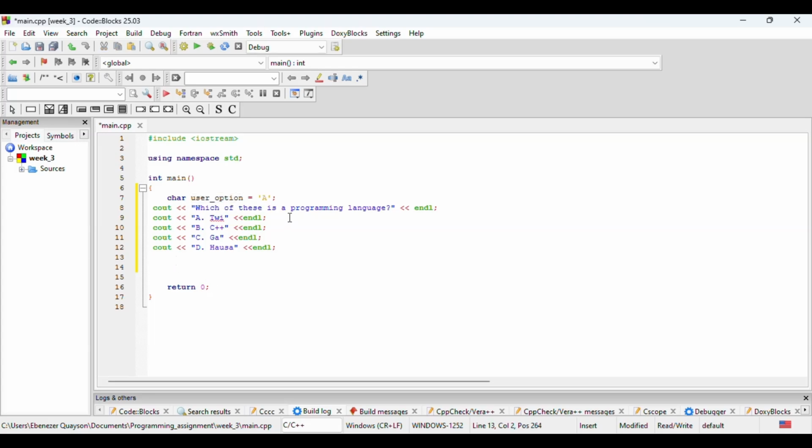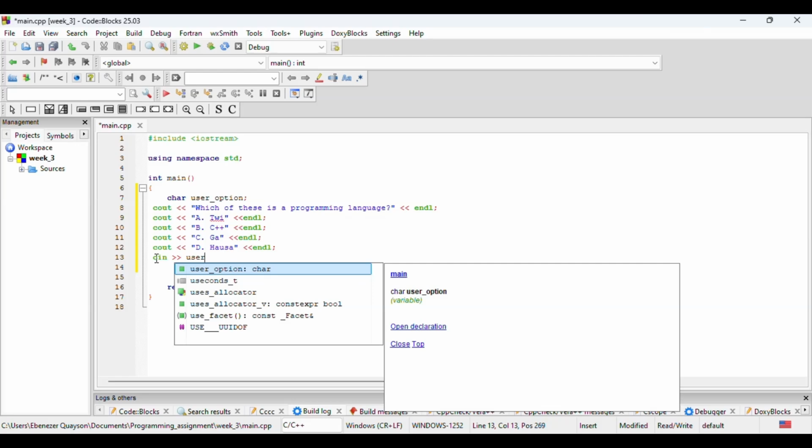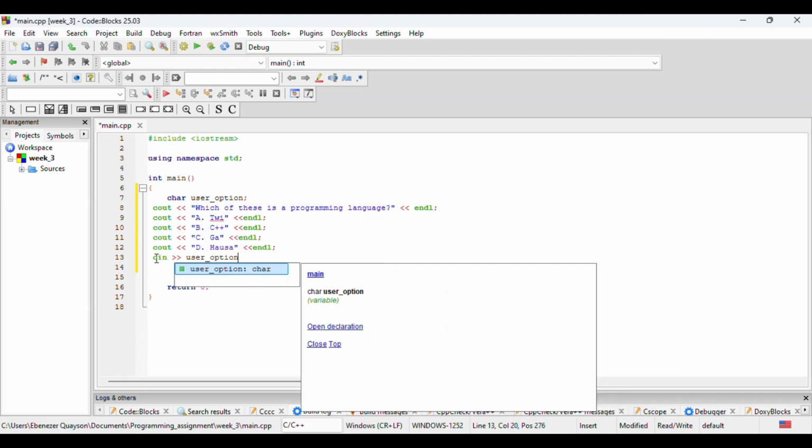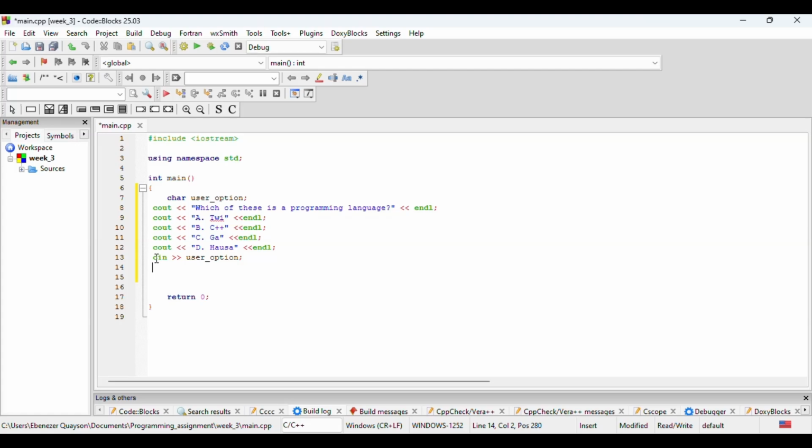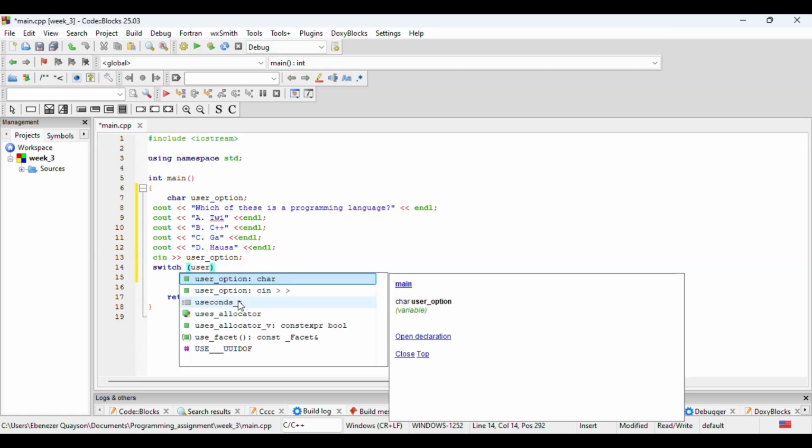So I have my variable here. Now I'm going to make the user type it. So cin, then user_option, right? So now let's go into the switch case. So this is how it goes: switch, then into bracket. What goes in the bracket is the variable on which we are working, or which is going to determine whether the condition is met or not, right? It's going to make sense as we go on, don't worry. So user_option,